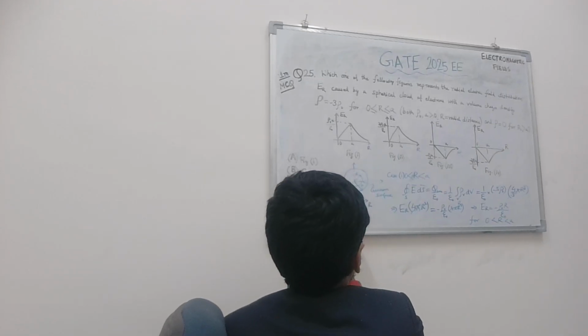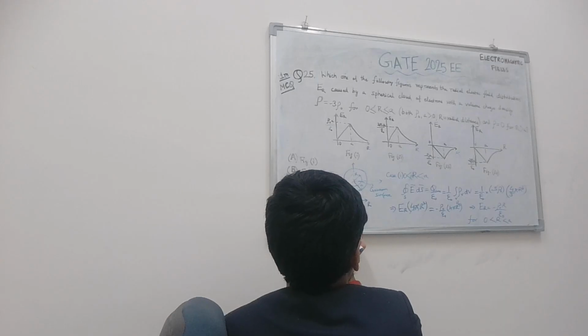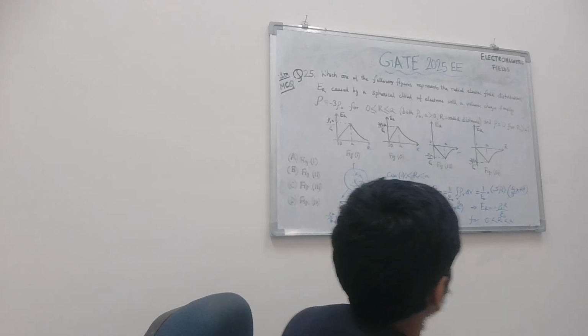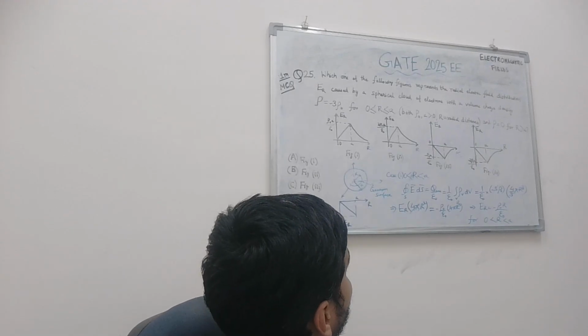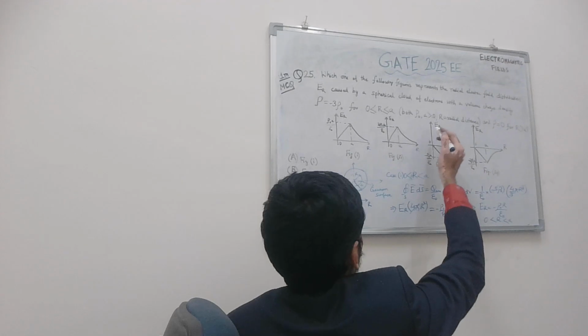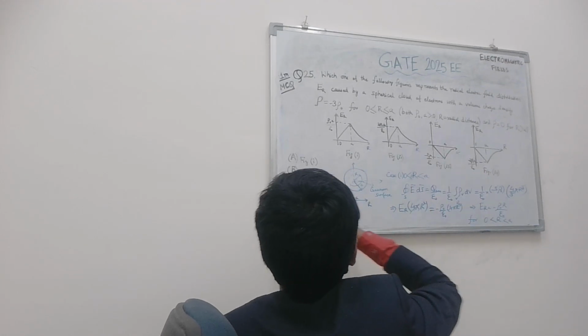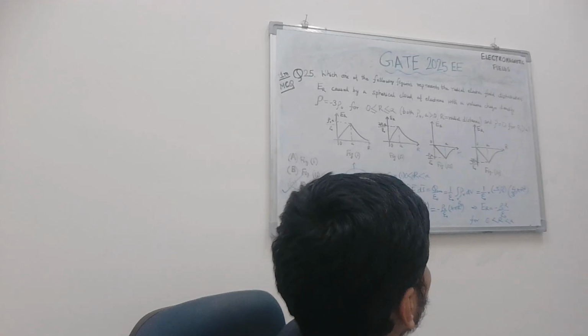So from the options only you can eliminate, the figure 3 that is option C is going along with this. And for r greater than a